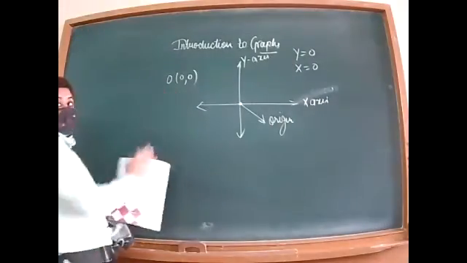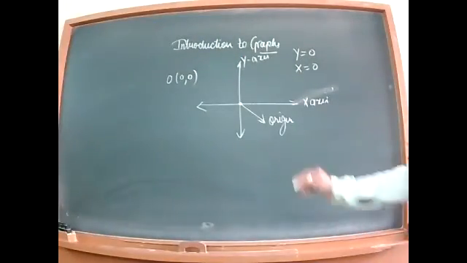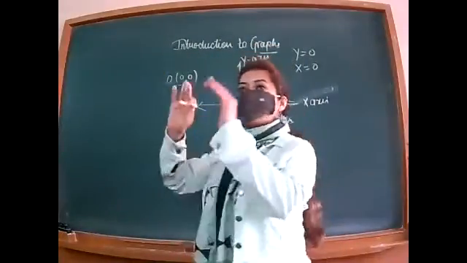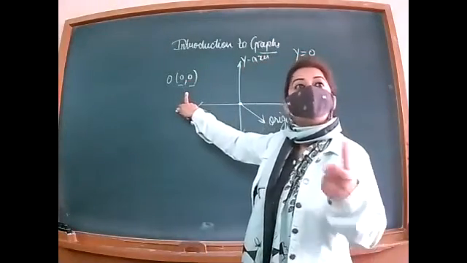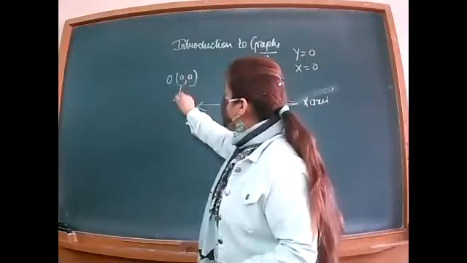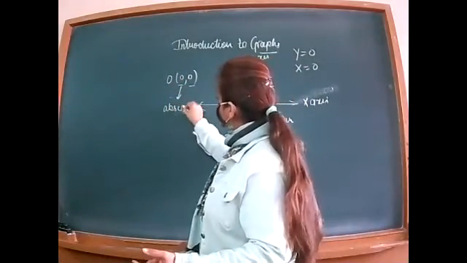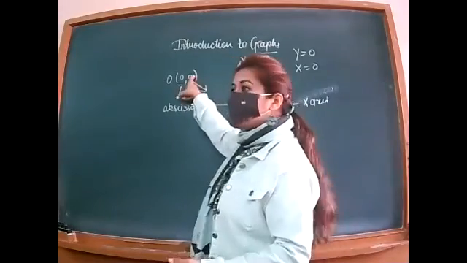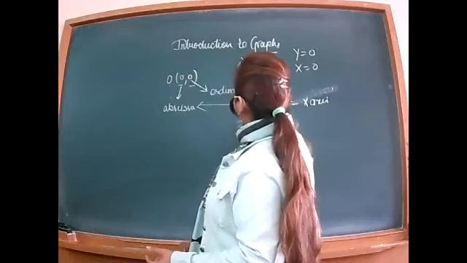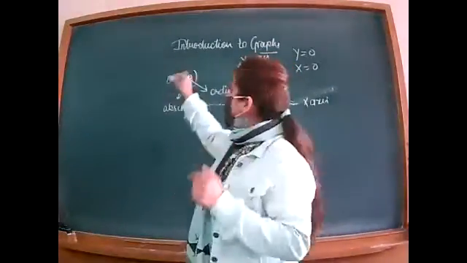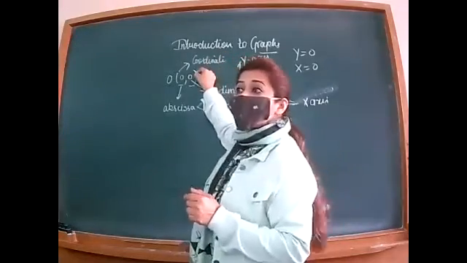Coordinate is a combination of x and y axis. जो ये x coordinate है, ये y coordinate है. When you write them in a bracket like ordered pair, then it will become coordinate. Got it? This first point represents your x coordinate that is called abscissa. And second one that is your y coordinate that is called ordinate. And when you write them combined in one bracket, this is called coordinate.